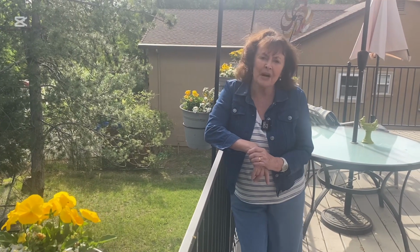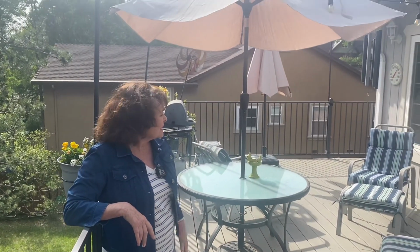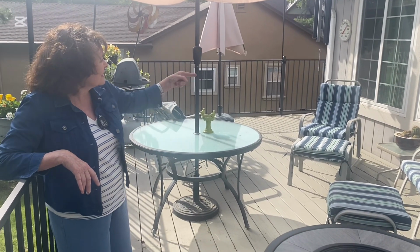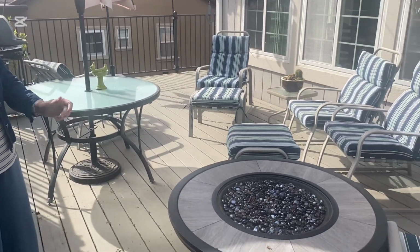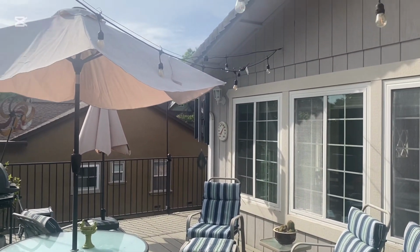What a lovely spot to be in the afternoon or even in the morning on this really beautiful deck. You could sit here and have a meal in the morning or dinner time. There's a place around the deck there for your barbecue. Have your fire pit lit at night. Also, imagine these string lights here, all lit up at night. This is a very pretty site at